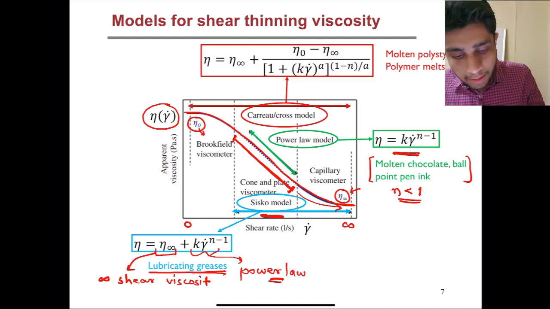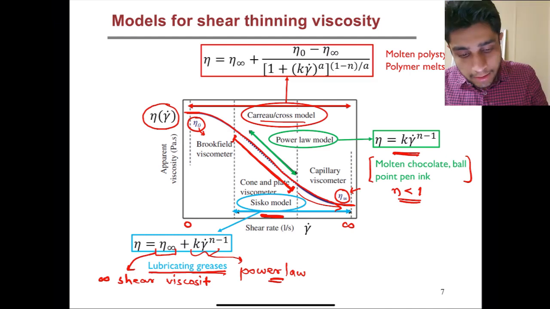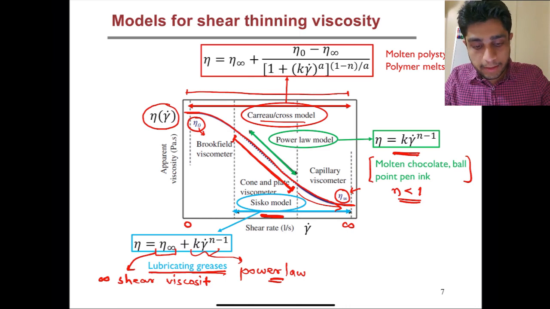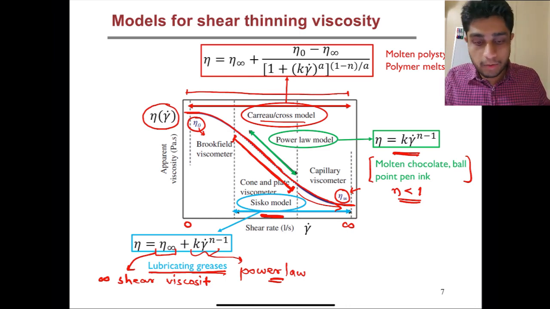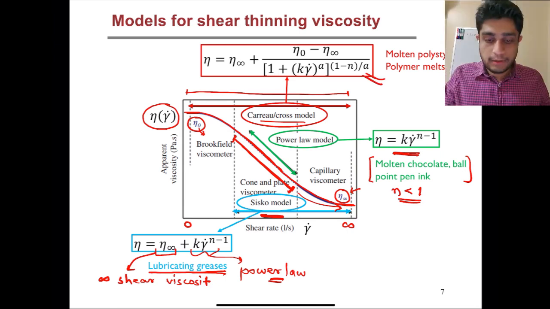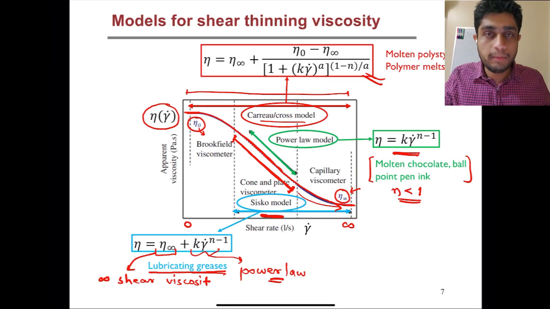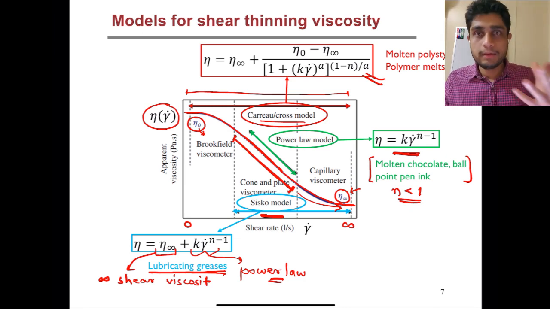And the next is the Carreau-Cross model or Carreau-Yasuda model, and this actually takes care of this entire regime from the zero shear rate limit to the infinite shear rate limit, and it also incorporates this intermediate interpolation as shown here. This model is typically applied to polymer melts or suspensions made up of polymeric particles, like let's say you have polymers dissolved in a solution or even in water.